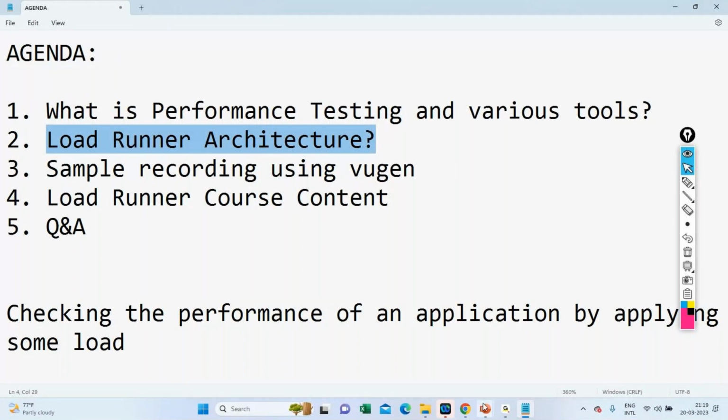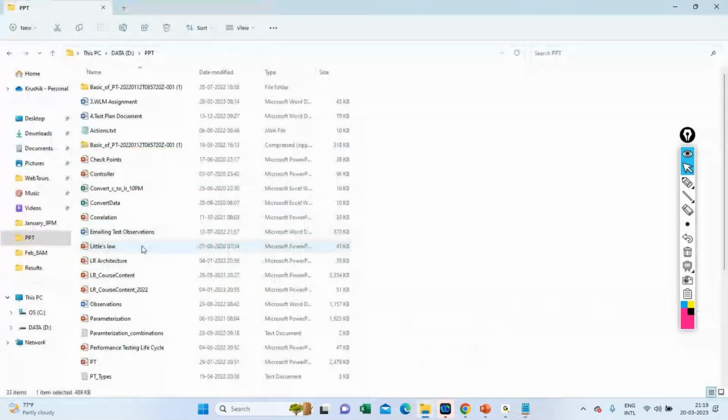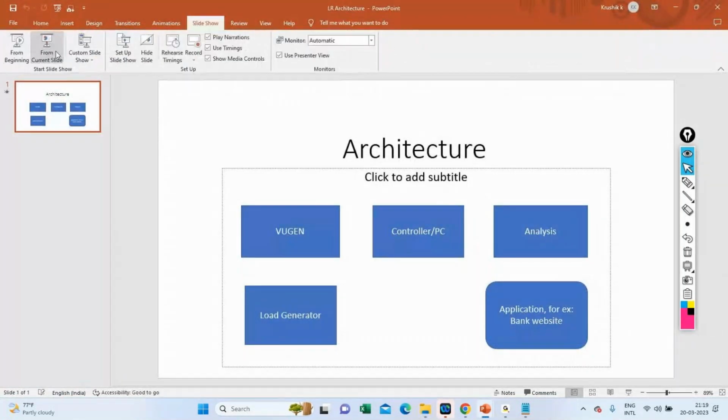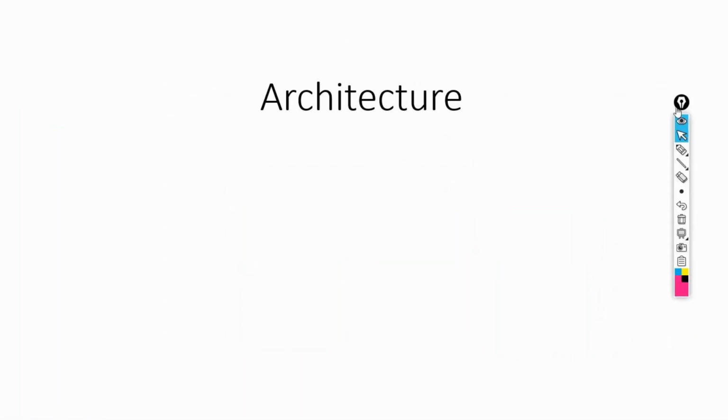For that, let me open a particular slide for you, where we will discuss the LoadRunner architecture. We will derive the architecture diagram based on some questions. Directly I'm not going to show you the complete architecture diagram. We will discuss based on some questions. For example,